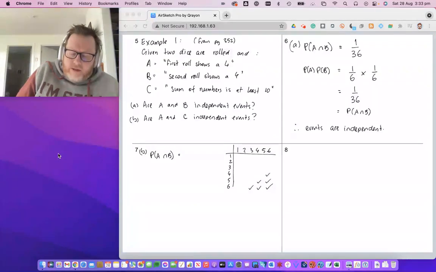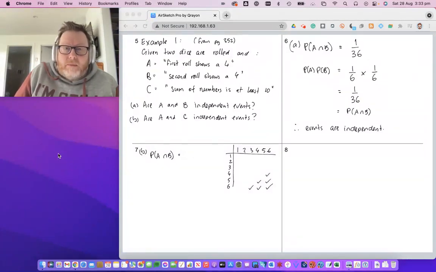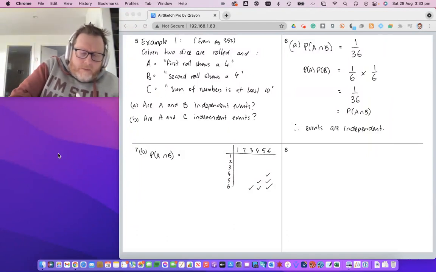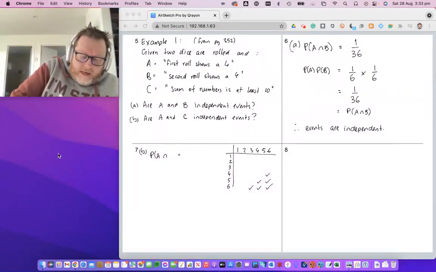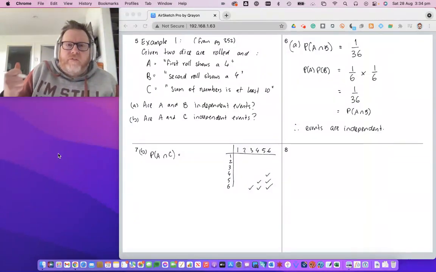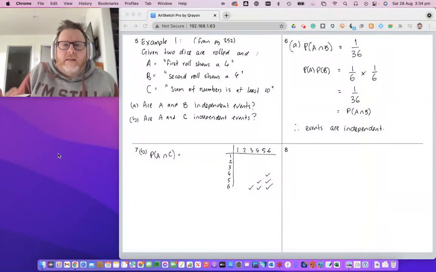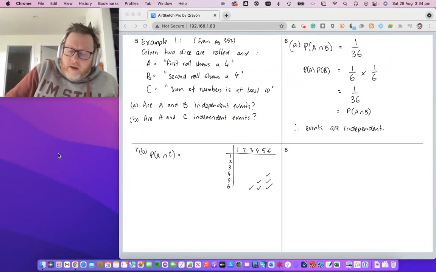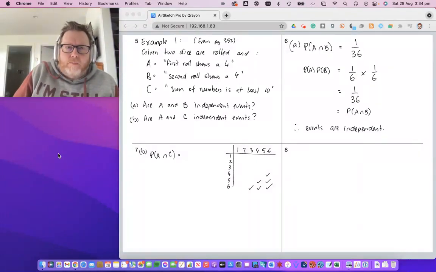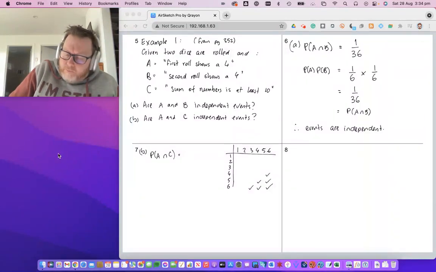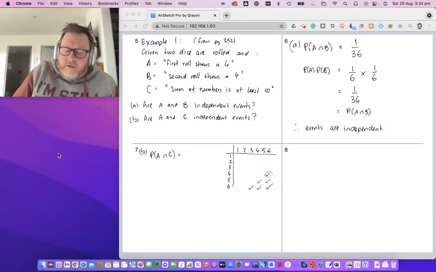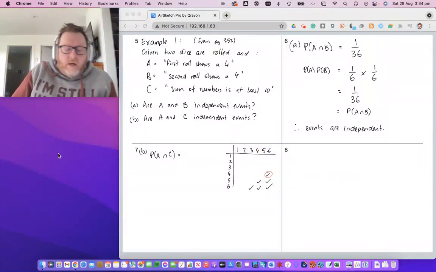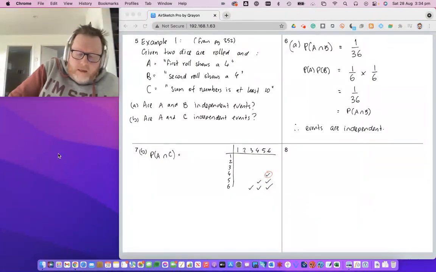Now I've got a count of the matching events here. All of these are event C, sum of numbers at least 10. But the probability of A, I should just fix that up. The probability of A intersects C is that the first row shows a 4 and it's a sum of at least 10. So in terms of out of those outcomes, actually which one matches both of them, it's only this one, assuming this is the first die row and this is the second one. Only that one matches, 4 and 6. This one doesn't match because this is on the second die roll. So only one matches. So the probability of A intersect C is 1